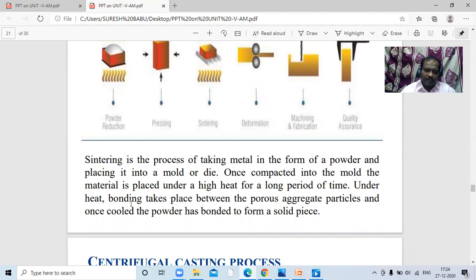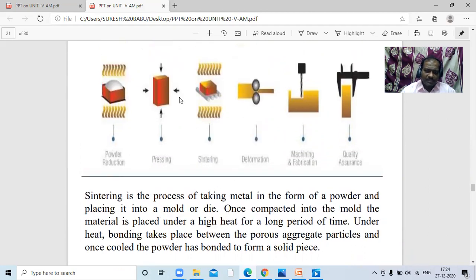Under heat, bonding takes place between the porous aggregated particles, and once cooled, the powder has bonded in the form of a solid piece. So what happens in sintering? In sintering, we take metal in the form of a powder and keep it in a die, and the die is going to be a closed die. Thereby, with application of heat and pressure on the die, all the powder is going to be compacted, and